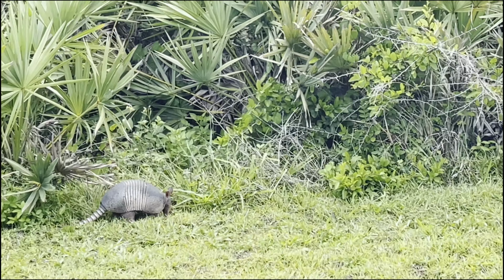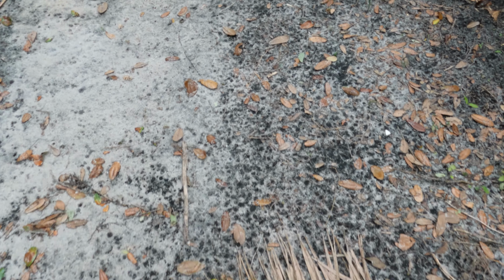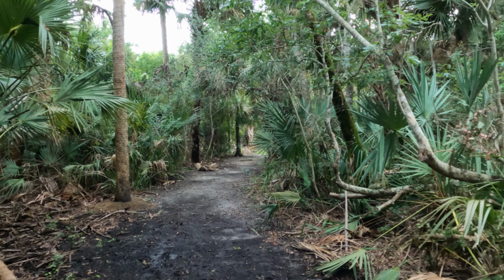Having recovered from the mosquito attacks at the Castle Windy Trail, I was ready to hike again. This time we were exploring the former village of Eldora. Prior to 1876, this area was home to Native Americans. Between 1877 and 1898, it was an agricultural community and was connected to the east coast of Florida by steamboat